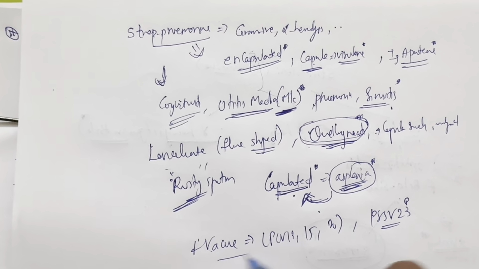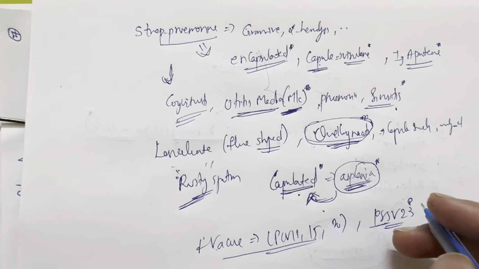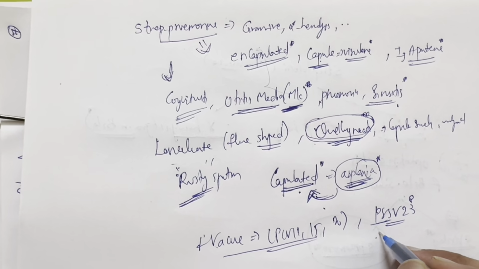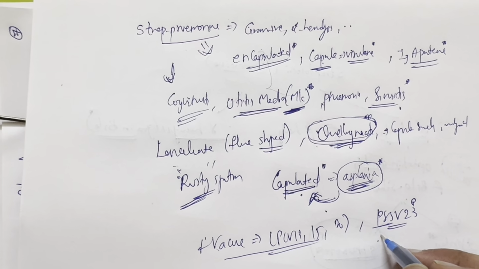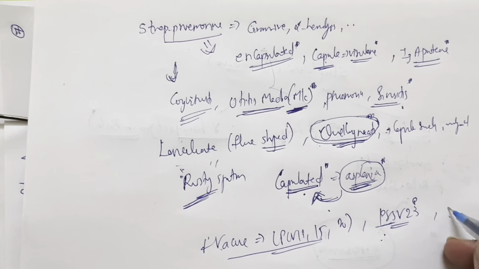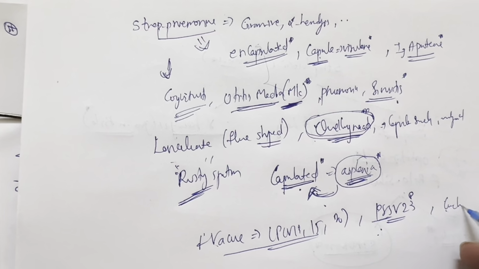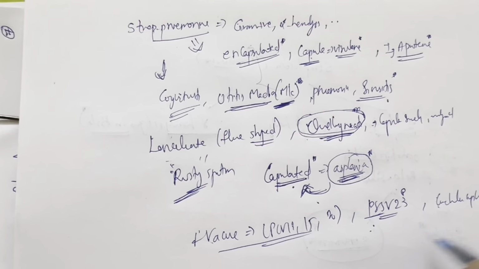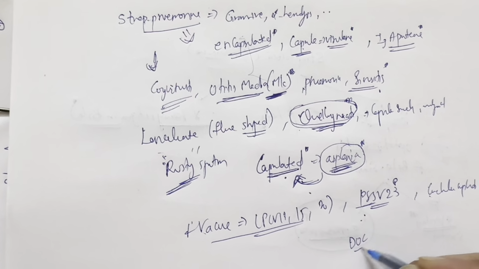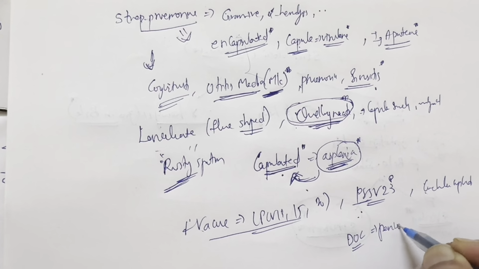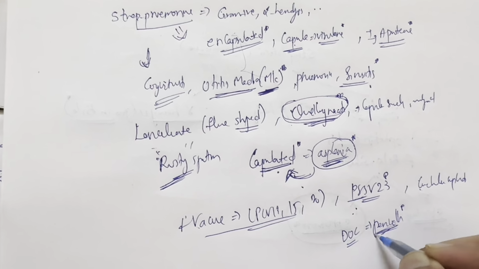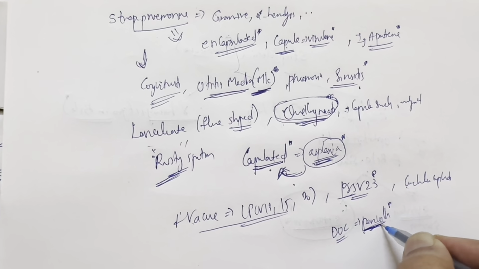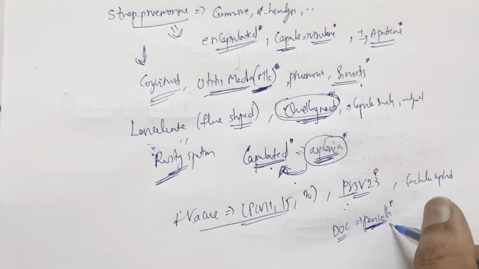So these are the vaccine strains for which pneumococcal vaccines are now available. And sometimes for acute otitis media, we can do cochlear implants, and the drug of choice is penicillin. I'll discuss the pharmacology for all these bacteria at the end of the bacteriology videos, so please do subscribe and